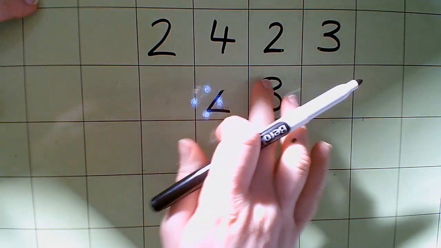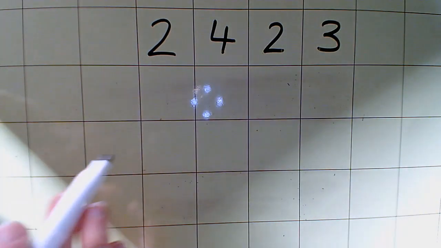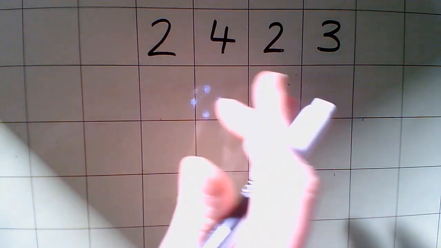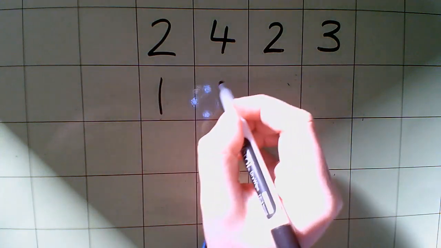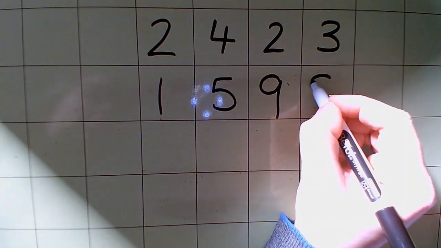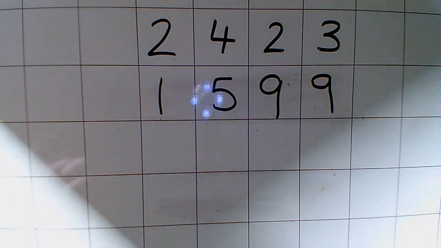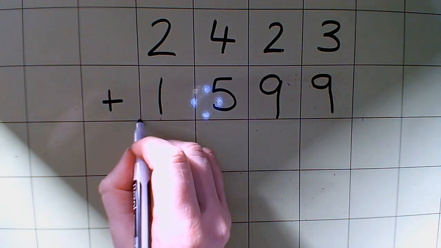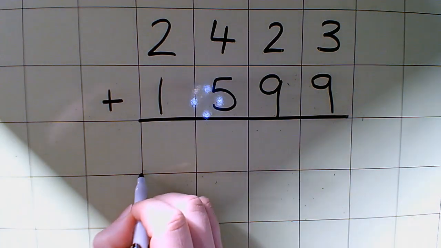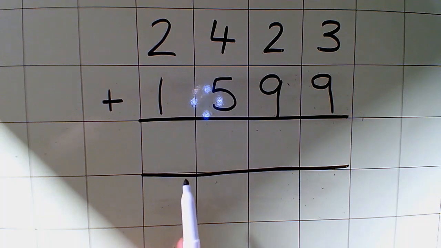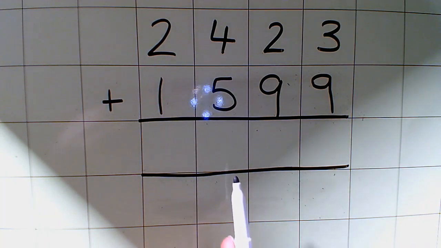So that's the first thing to look out for with your child when they're doing this: have they lined up their columns correctly. If it's a 4-digit and a 4-digit, that will obviously be slightly easier to calculate. So let's say we're doing 2423 add 1599. This is how they should be lining up their calculation, with the plus symbol and our line underneath to show that this is where we're going to be putting our sum or our total,